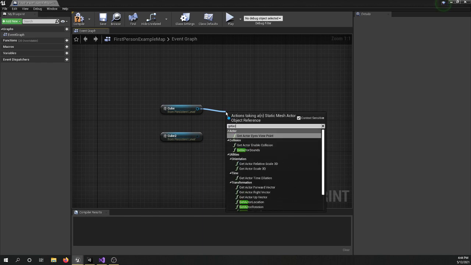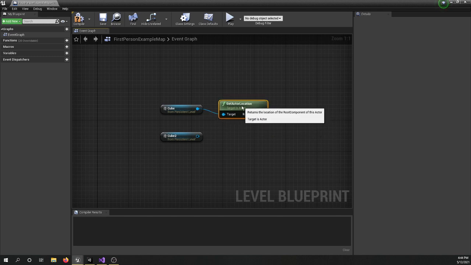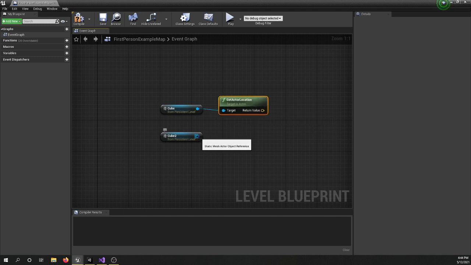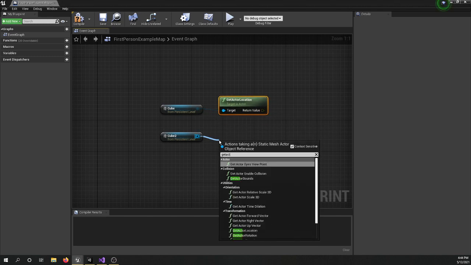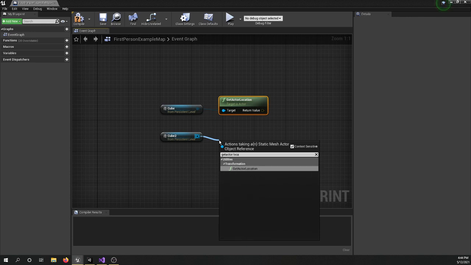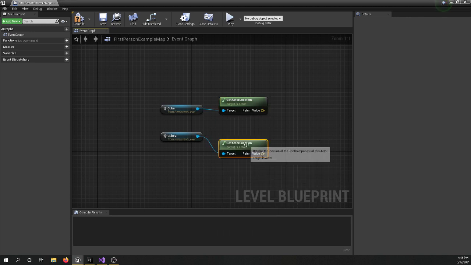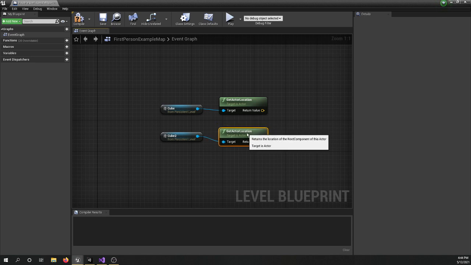and then I can get actor location. And then all I have to do here is get actor location. So this is basically almost the same as Unity, just broken down into nodes or blueprints instead of C# code. So all I have to do now is you can break this vector